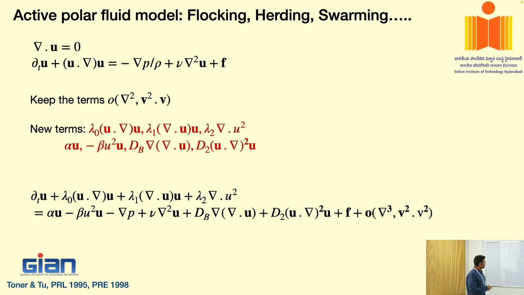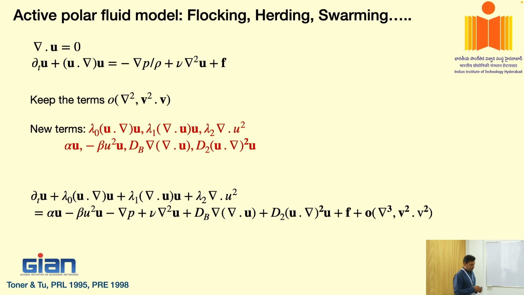Then you have a standard pressure term like what we have in the Navier-Stokes equation. You have the viscous term. Then this term will disappear, because whatever we are going to do, we are always going to be in the limit where we are talking about incompressible flow. Then you have this term, which is like the square root of the advection and so on. So basically we are going to take into account this term, we are going to play with lambda 0, and we'll drop all other terms.